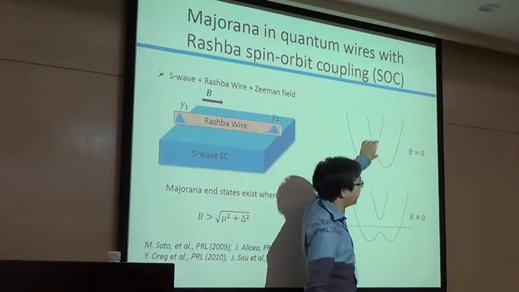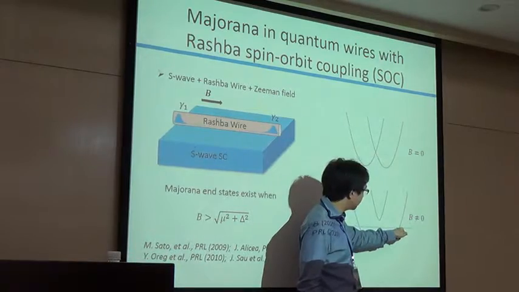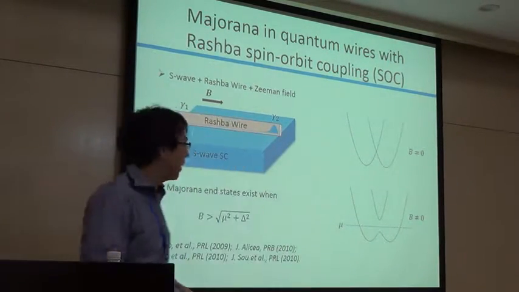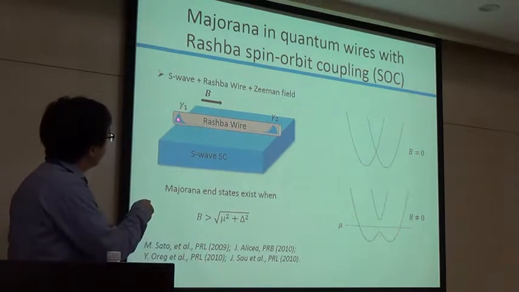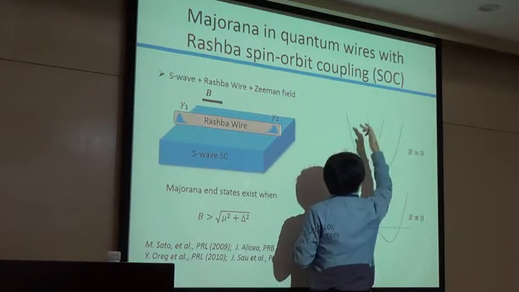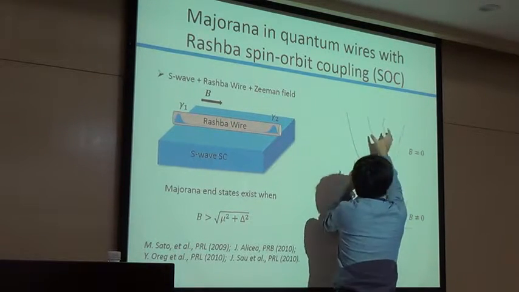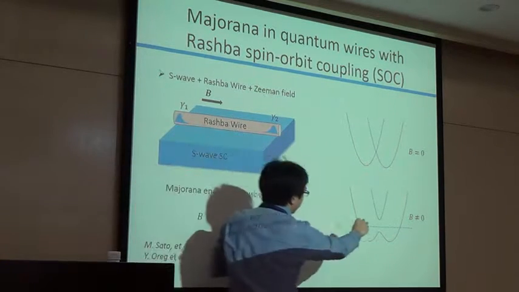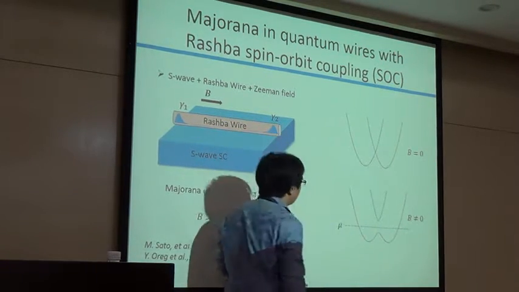Now, because the middle band is gone, I have only a spin up state here and a spin down state here. So you find that now I put this material, so I have the spin-orbit coupling. The spin-orbit coupling will shift my states, and then I apply a magnetic field that opens the gap.